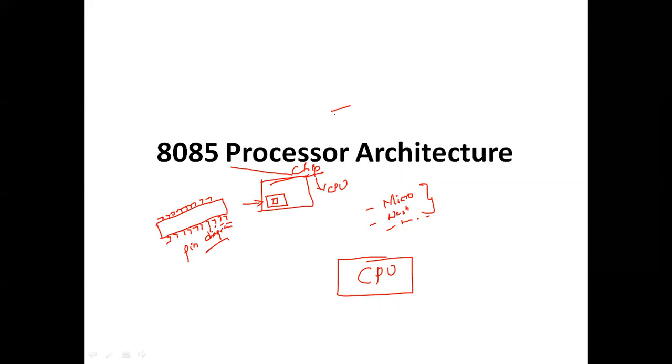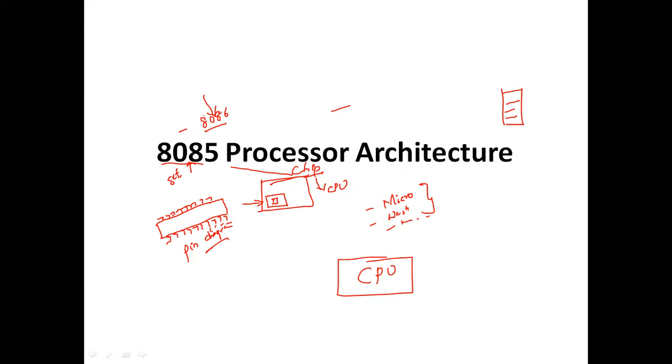Here the program or the instructions are stored sequentially in the memory, as we all know. Every microprocessor has its own associated set of instructions. The 8085 microprocessor's set of instructions is different from the 8086's. The 8085 set is applicable to the 8085 only, and the 8086 set is applicable to the 8086 microprocessor only. So each microprocessor has its own different set of instructions.